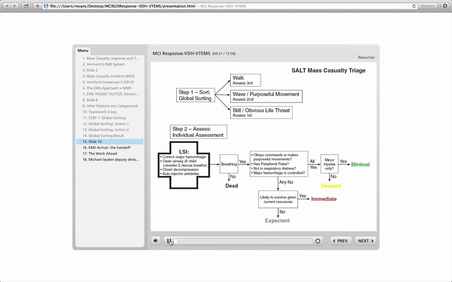Returning to our overall SALT mass casualty triage algorithm, after completing step 1, global sorting, we move on to step 2, individual assessment. For the most part, the individual assessment component should be left to the EMS personnel as they arrive on scene. One exception to this may be the principles outlined in the life-saving interventions box on the left side of the algorithm. Certain types of situations need to be rectified as quickly as possible by various personnel at various